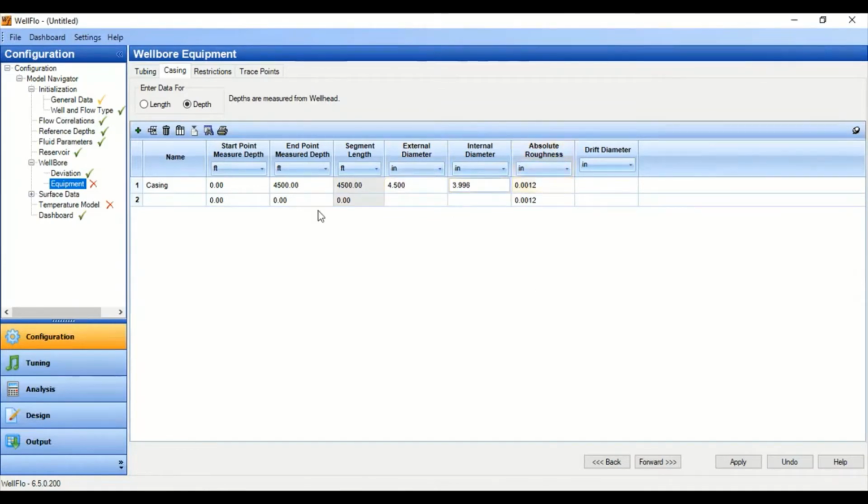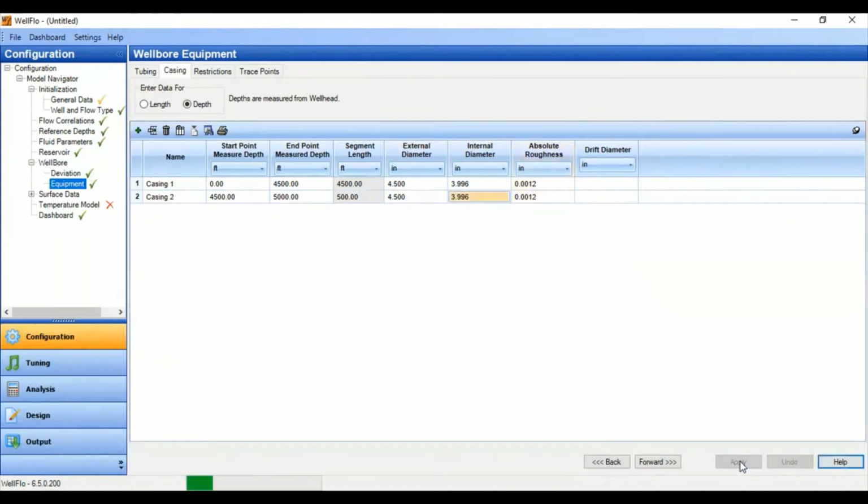Absolute roughness as per default, we call it casing 1, and then casing 2, starting from 4,500 down to, of course, 5,000. Okay, the bottom of our well with the same diameters, both for the external and the internal diameter, and the same absolute roughness. Apply. Okay, we are okay.